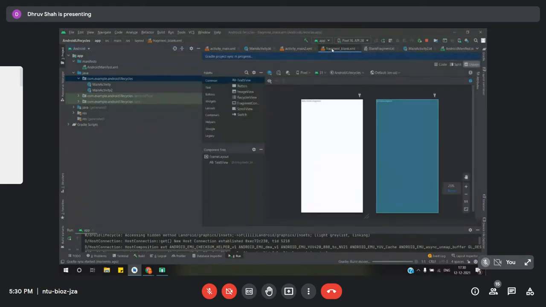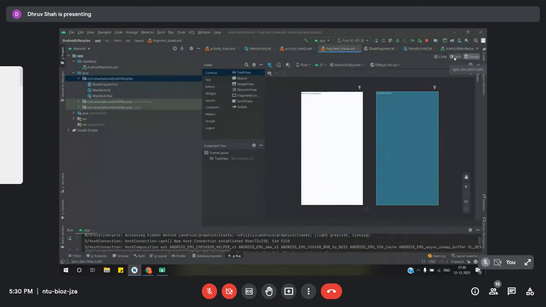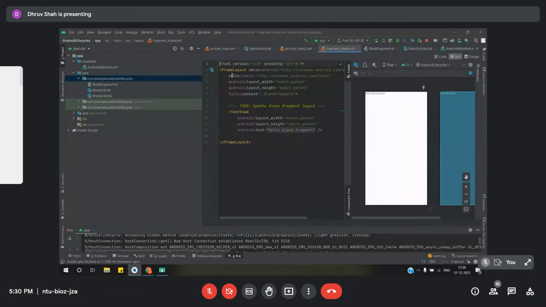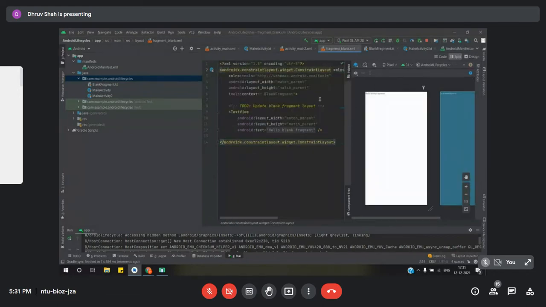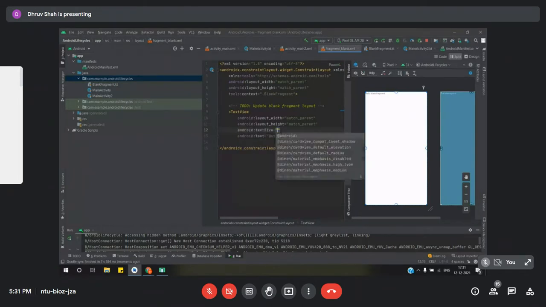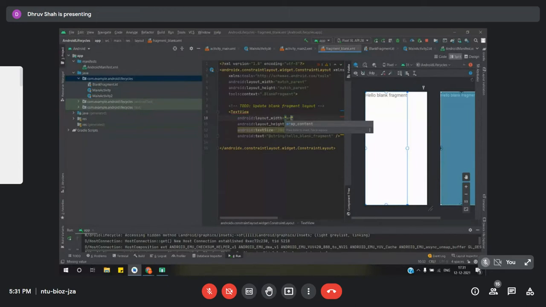In here, you see that the layout of each fragment is also separate. If you look at the code here, let's just first make the layout a constraint layout. And here is a text view. So let's just say, hello from back. Okay, let's just keep this at default and let's just increase the size of it. As we are using a constraint layout, let's just give some constraints to it.